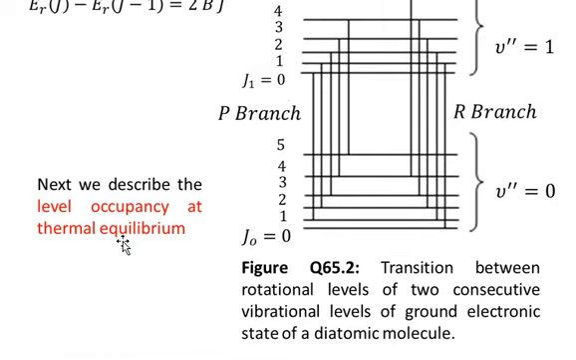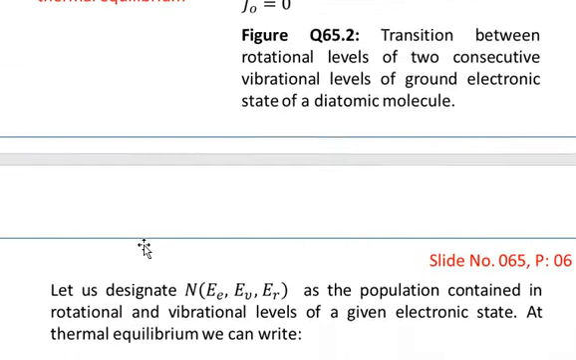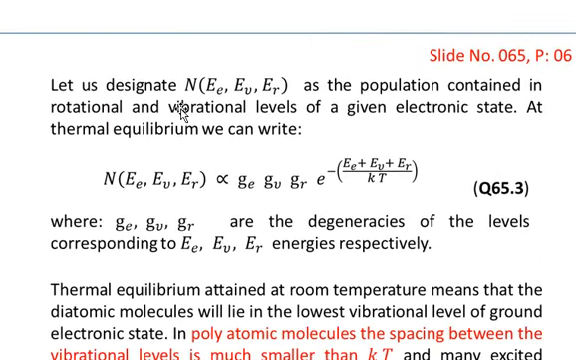Okay, so what we are going to discuss next is that next we describe the level occupancy at thermal equilibrium. Let us designate capital N as a function of EE, EV and ER as the population contained in the rotational and vibrational levels of a given electronic state. At thermal equilibrium, we can write that N is directly proportional to GE, GV, GR, multiplied along with e to the power minus the total energy of the molecule, EE plus EV plus ER, divided by